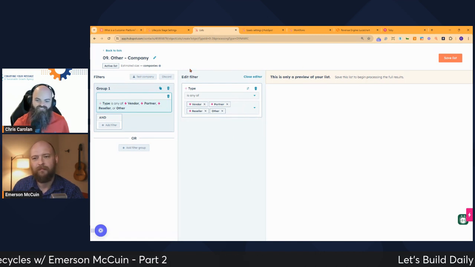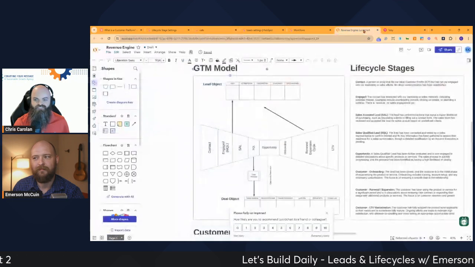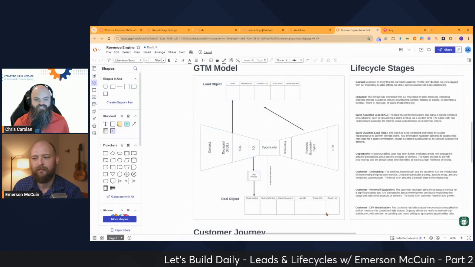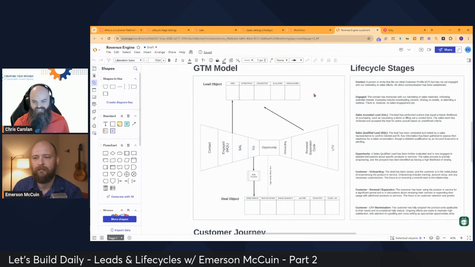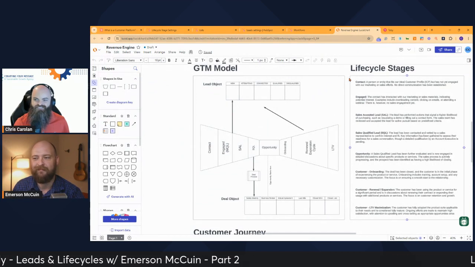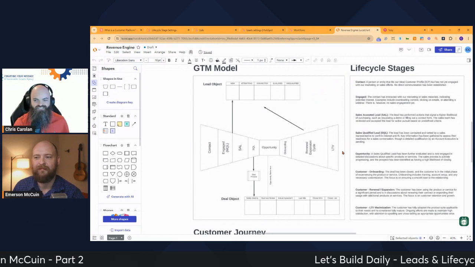That's why really thinking through this part and having something like this done ahead of time goes the longest way. And if some of us had our way, you would not be able to build out HubSpot until you did something like this.